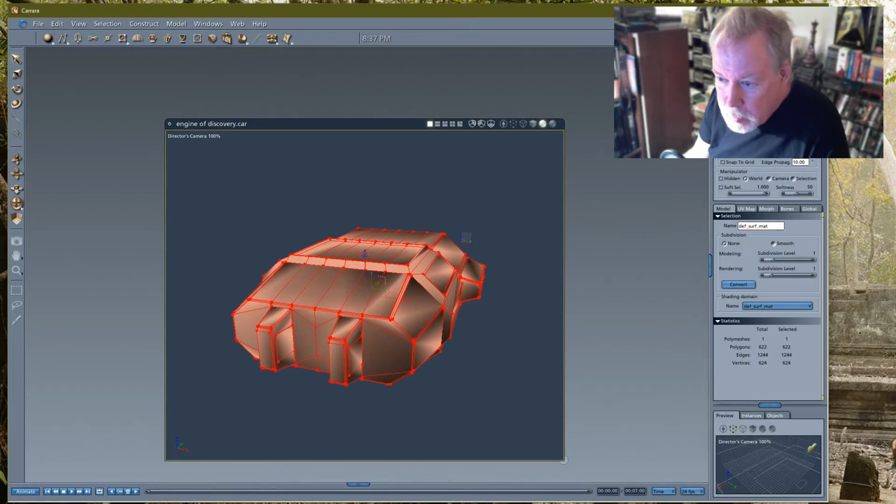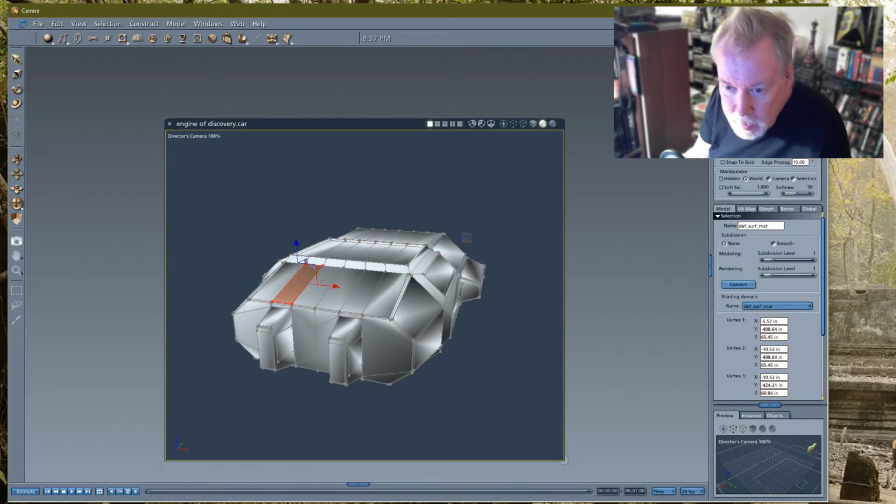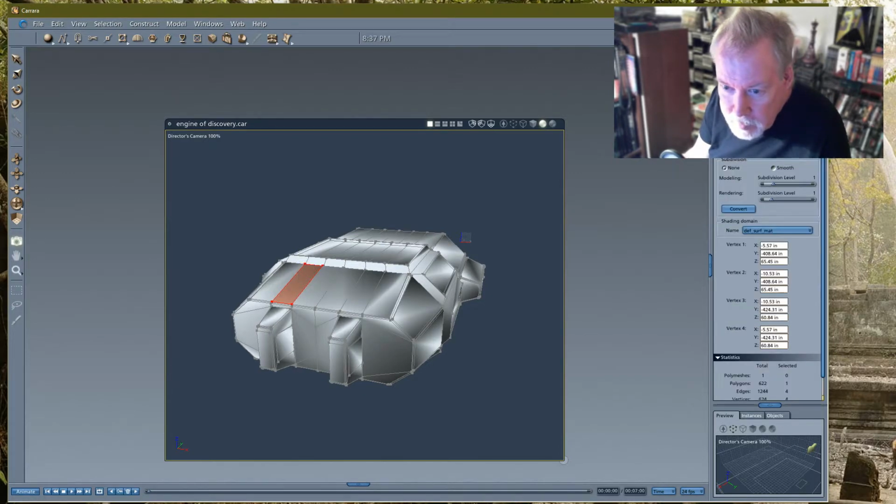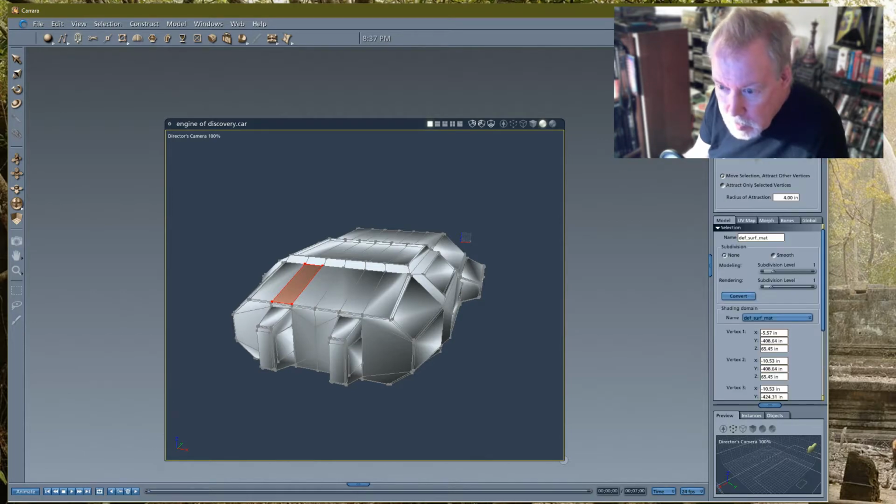Oh, I see. I was in the wrong thing. I had the wrong cursor. What was that cursor? The camera? It's been forever since I've used this. What does shift A do? Shift A. Oh, this is the UV mapping stuff, I guess.